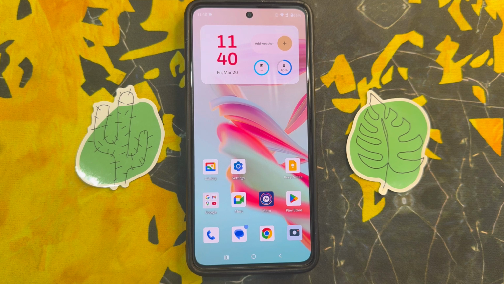How to fix speaker not working problem on Moto G77. Let's start the video. If you want to fix this problem,